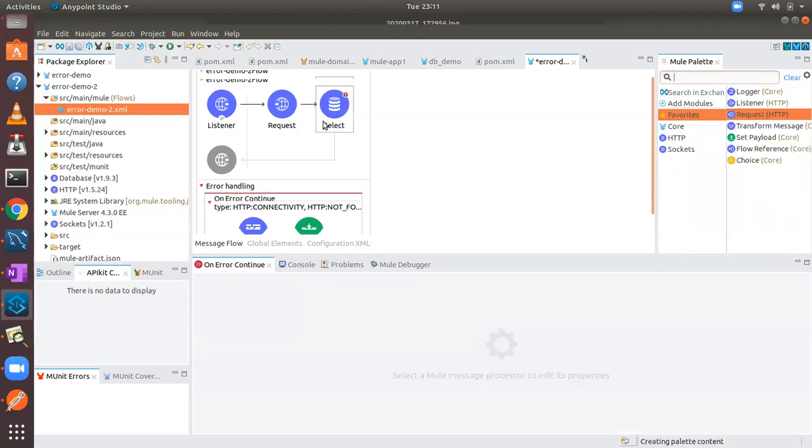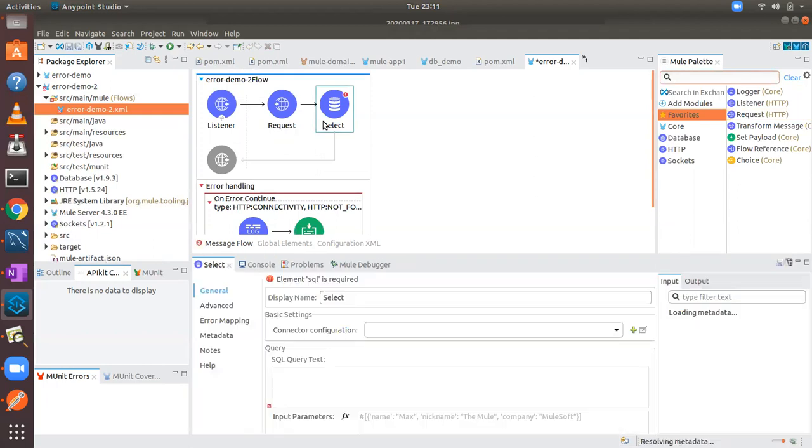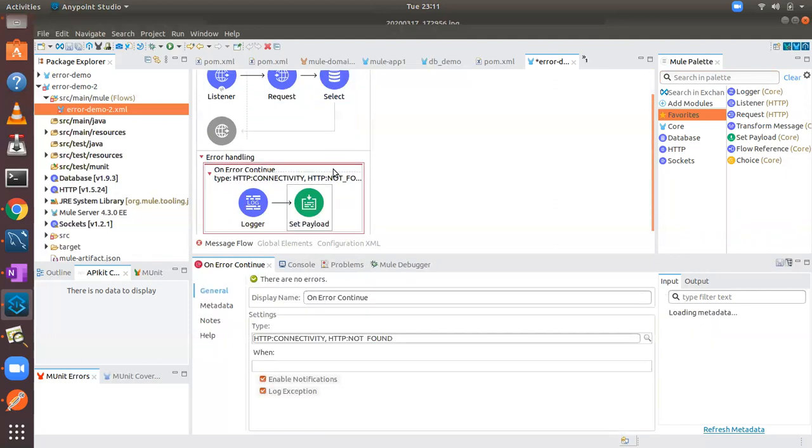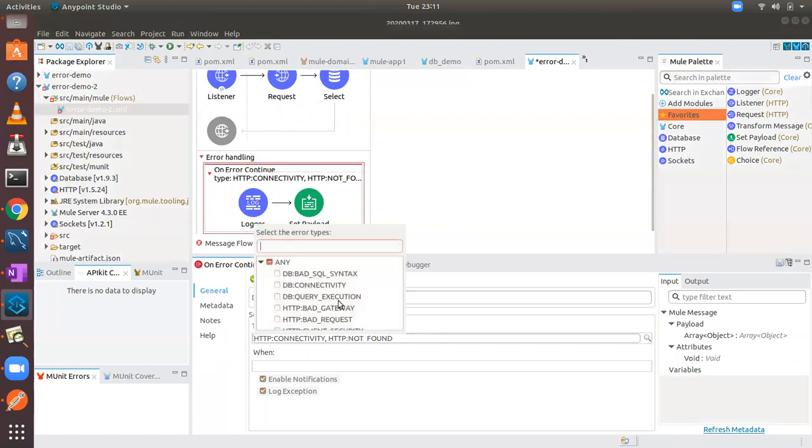Now, here you have mentioned the type as HTTP and connectivity. Those are both right, namespace as well as identifier. The error object contains two parts, the namespace part and the identifier part. So if you configure DB, in this error handler scope section you can find all the DB related errors: DB connectivity, DB bad syntax, DB execution, like this.